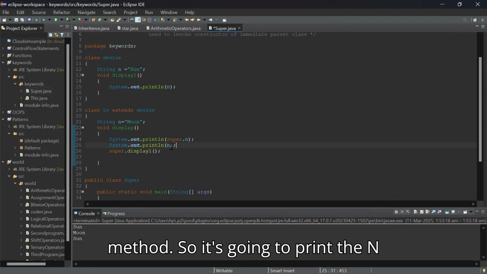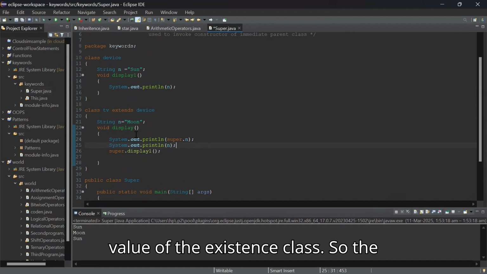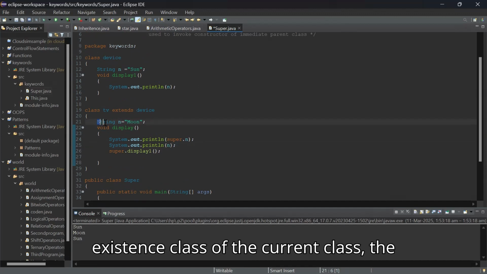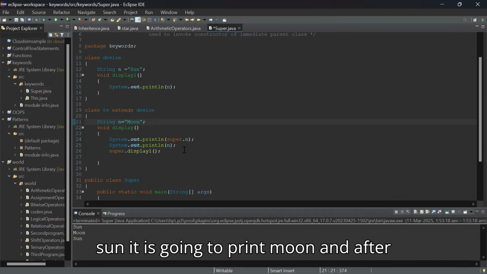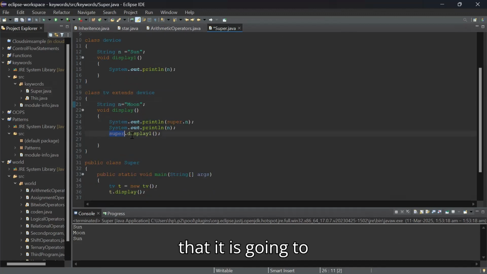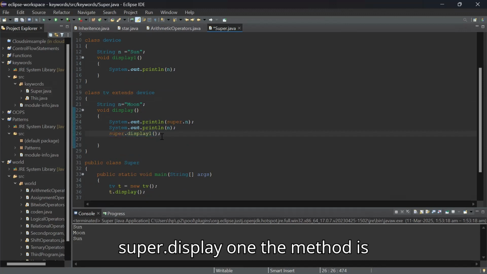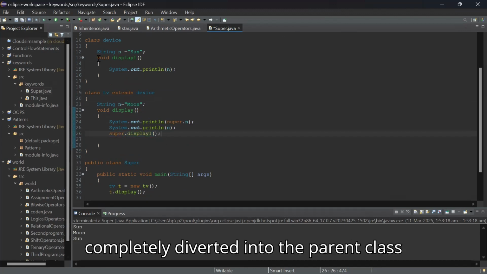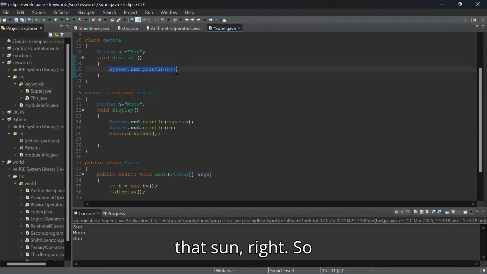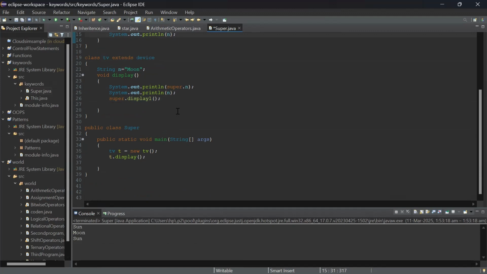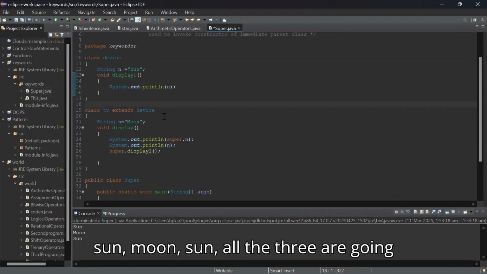So it's going to print the n value of the existence class. The existence class of the current class, the local instance variable, is moon. So after sun, it is going to print moon. And after that, it is going to call super.display1. The method is completely diverted into the parent class, void display1. So what is there in that? Sun, right? So sun, moon, sun. All the three are going to be printed again,